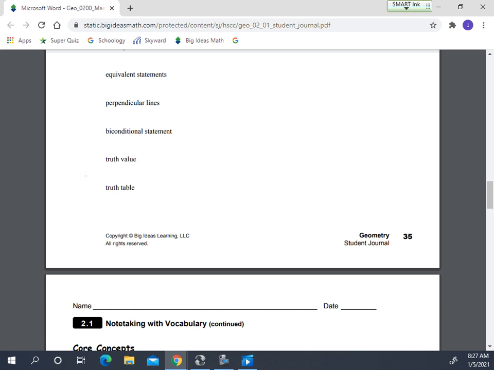Equivalent statements. When two statements are both true or both false. So two statements